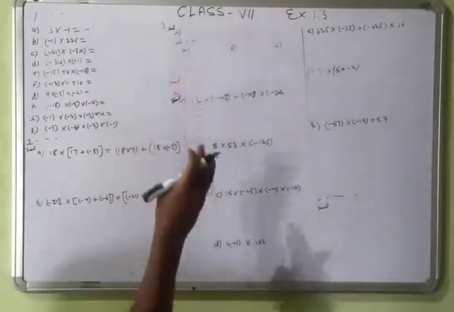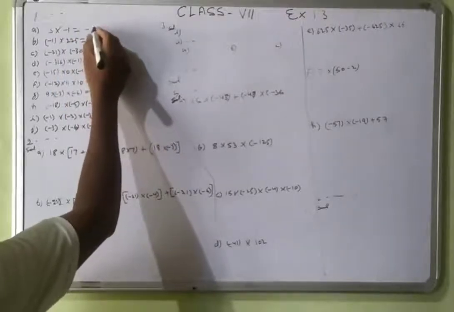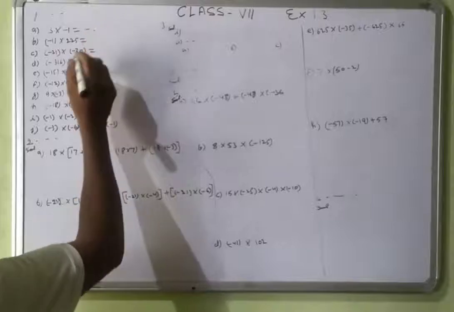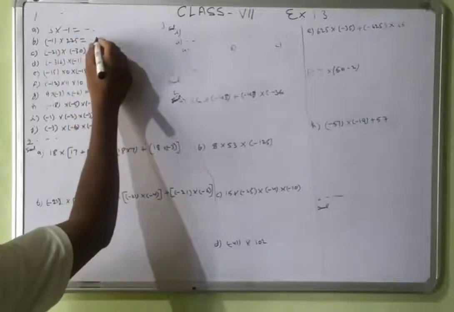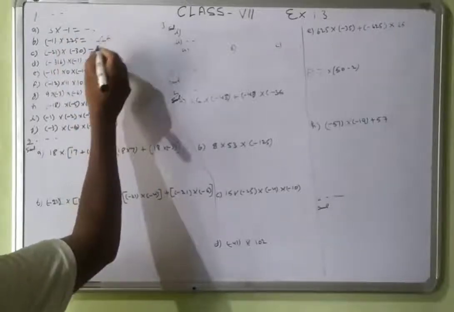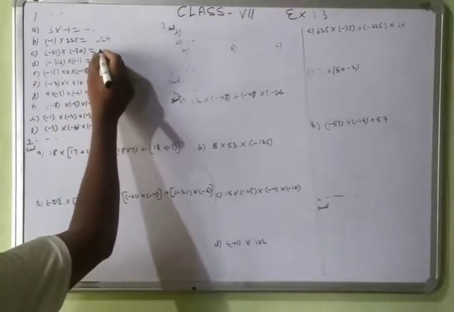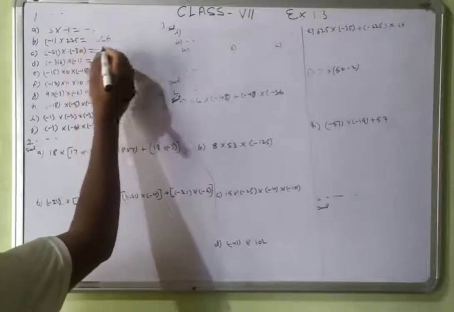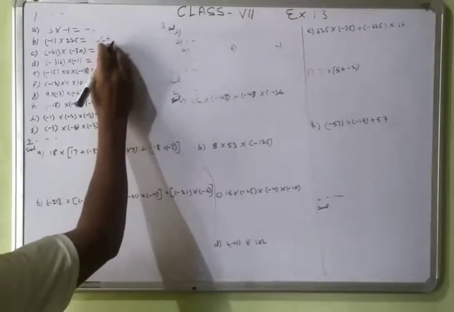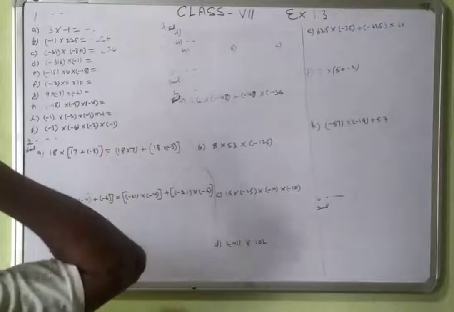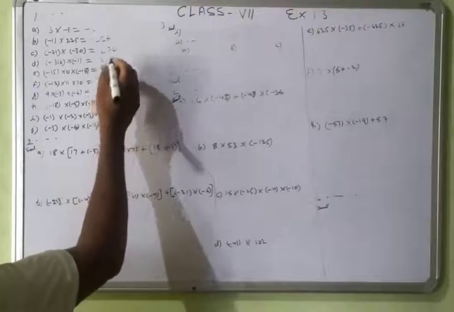Odd means 1, 3, 5, 7, 9, 11. Here 3 1s are 3, and 225 1s are 225. Here also there is minus, minus, plus, an even number of minus signs, so plus, no need to write the plus. 21: 3 1s are 3, 3 2s are 6, and then 0, 630. Again here minus, minus, plus, 316 1s are 316.